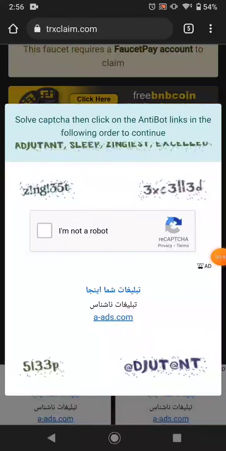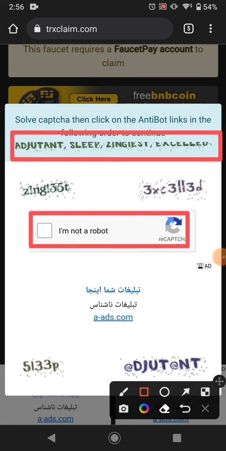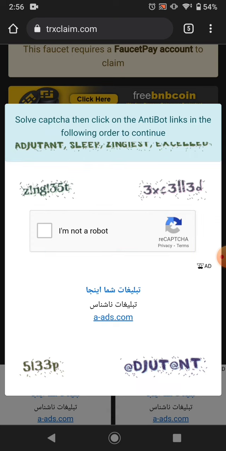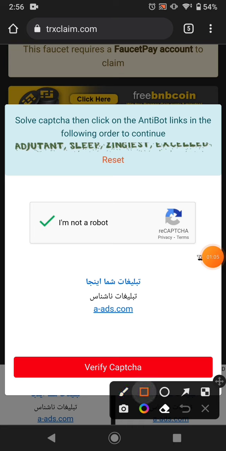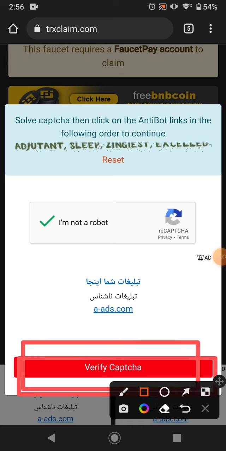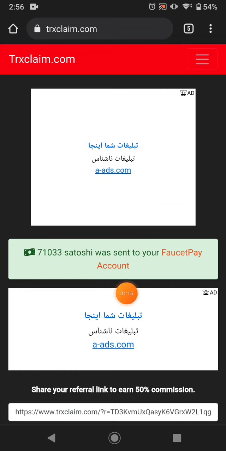It will show you a page. First of all, solve this captcha, then solve this captcha. You can easily make an amount, just solve it. And after solving the captcha, just click the verify button down below. Okay, after clicking the verify button, you can verify your captcha, and you can see this website pays you instantly